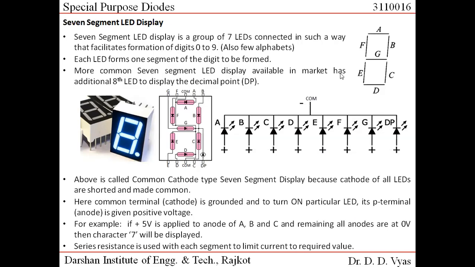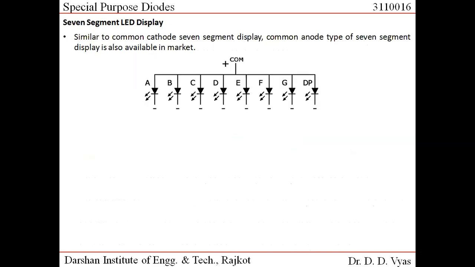So this type of arrangement is what we call a common cathode 7-segment display. There is also one more variety of 7-segment display in terms of arrangement of LEDs, which we call the common anode type of 7-segment display. The previous display that we had seen was common cathode. This, if you see, is common anode. What is the difference? You can easily identify that the anode terminal of each LED is shorted.